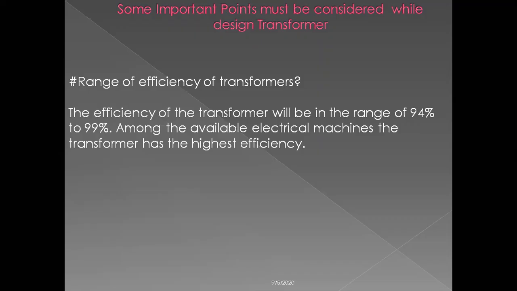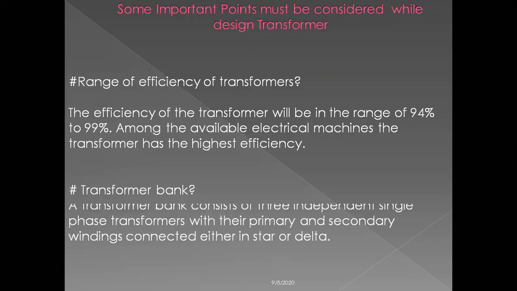below 94%, because if the efficiency is below 94%, that transformer is inefficient, and moreover that transformer's design can never be taken by a client, and you can never make a good design. So for a good design, the first and foremost important thing is that efficiency should lie between 94 to 99%. It should not be below 94%. Clear?